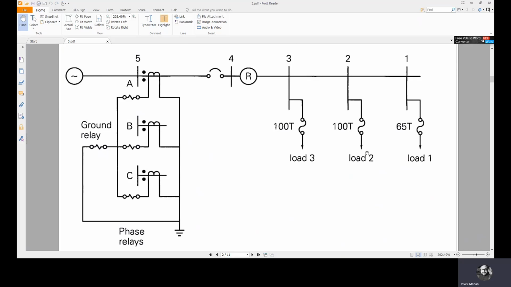This temporary fault is self-cleared, because it is not permanent. So this recloser will basically wait till the fault is self-cleared. If it is self-cleared, it restores the service. So all these loads 1, 2, and 3 will be served after a very short period of time, or after the sequence of reclosures that happens in the recloser.